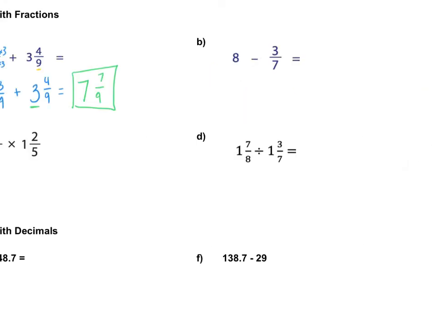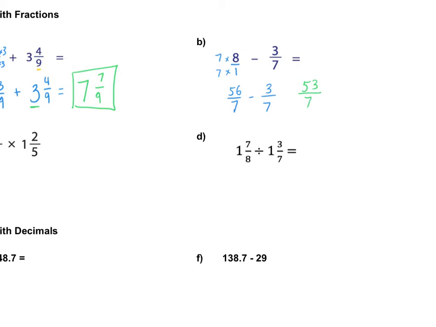For B, remember any whole number you can make into a fraction by putting 1 on the bottom. Now I'm going to see my common denominator is 7. So I'm going to do 1 times 7, 8 times 7. I get 56/7. Now I'm just going to subtract across the top, and I get